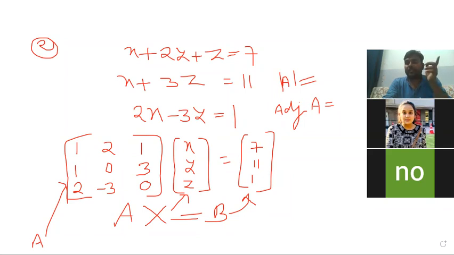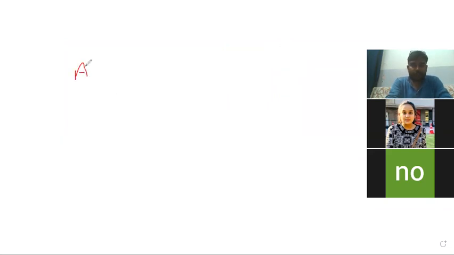In the previous class, Mr. Syed Waqas, you were present there. Then you know how to find out the A inverse, determinant A and adjoint A. Then you can find the A inverse. Please try to find it, and I will write the A inverse here. A inverse will be the adjoint A upon determinant A.